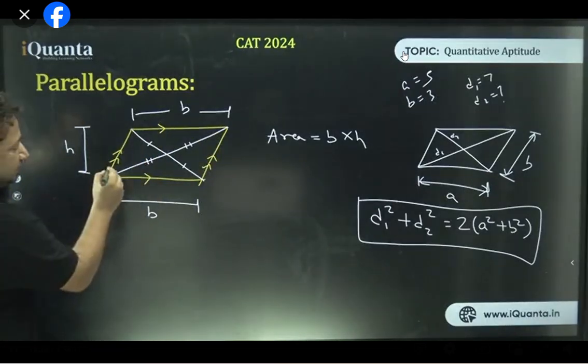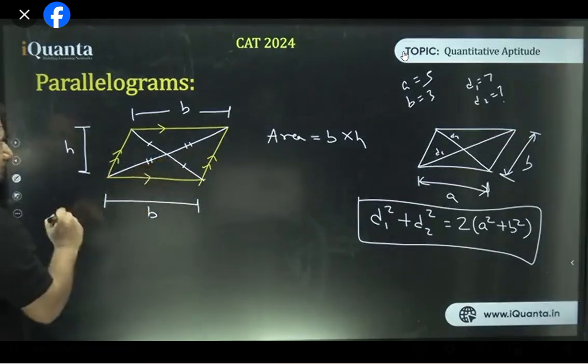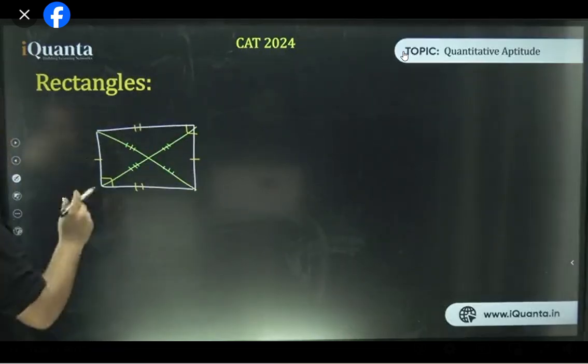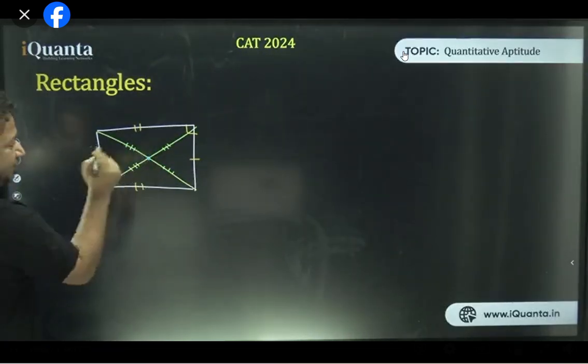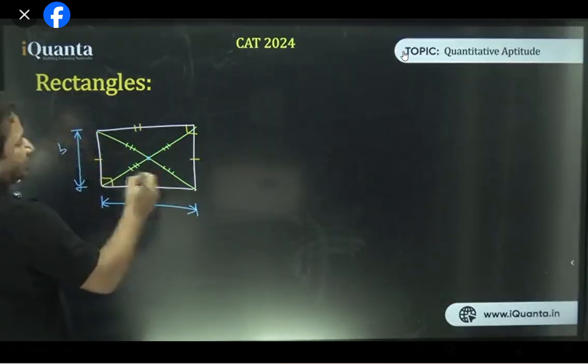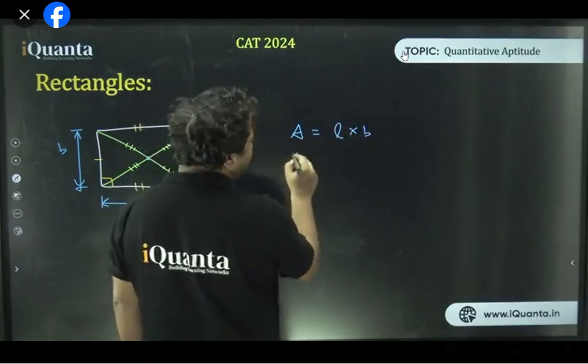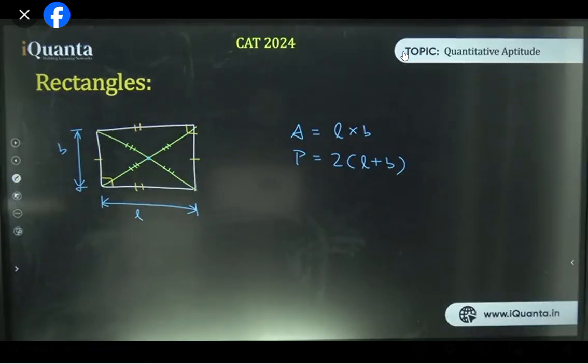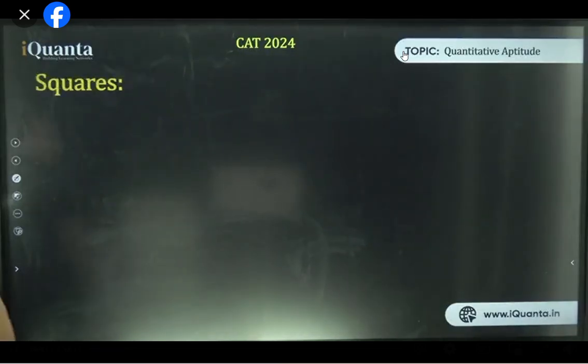Cool? The leading diagonal is the bigger one. This, the leading diagonal. The bigger one is called leading, the smaller one is the other diagonal. Okay, here they bisect but not at 90 degrees. Now coming to the area. If this is the length and this is, let's say, the breadth, the area will be L into B. Everyone knows that. And the perimeter will be 2 times (L plus B). Okay? All this stuff is clear to all of you? Nothing much here.